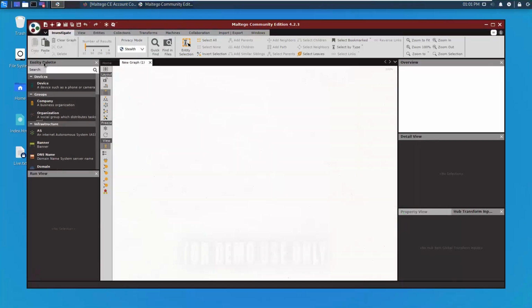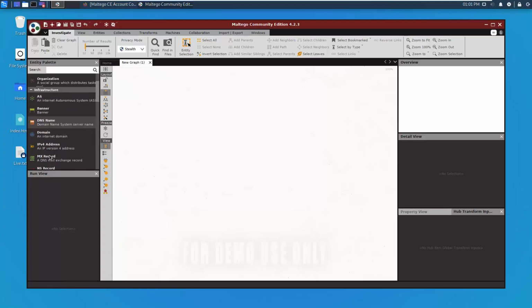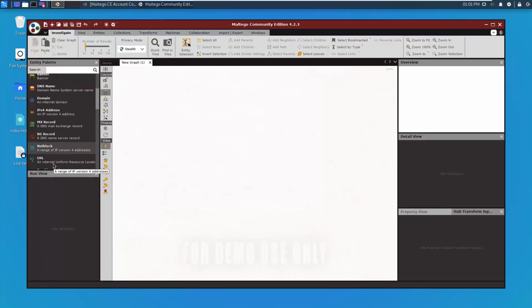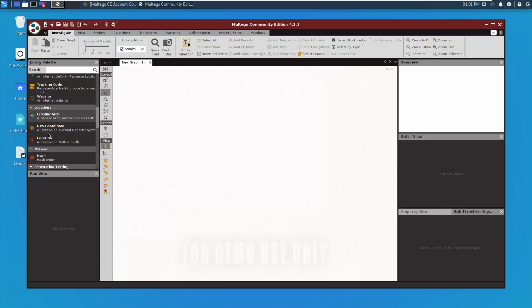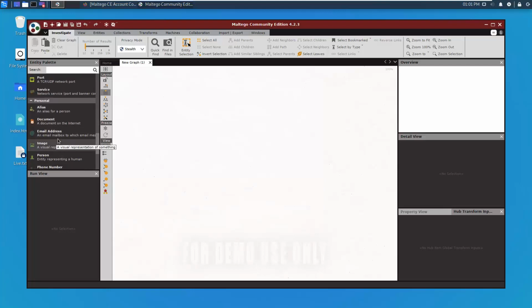right? Over here you can see entities, right? So device is an entity. If you know anything about the device, or DNS name, domain name, these are entities, right? Over here you can see a URL, or anything, you know, a website, any hash which you know, right? Email addresses which you know. So these are entities, right? In the next video we are going to see how we can utilize these entities and run a few tests on those entities and try to gather further information about our specific target, right?